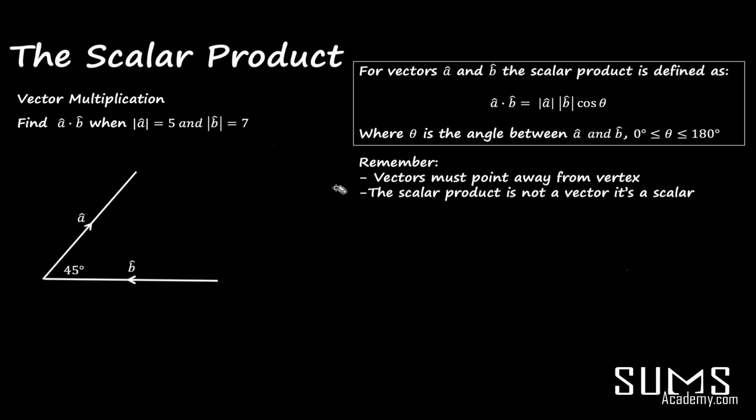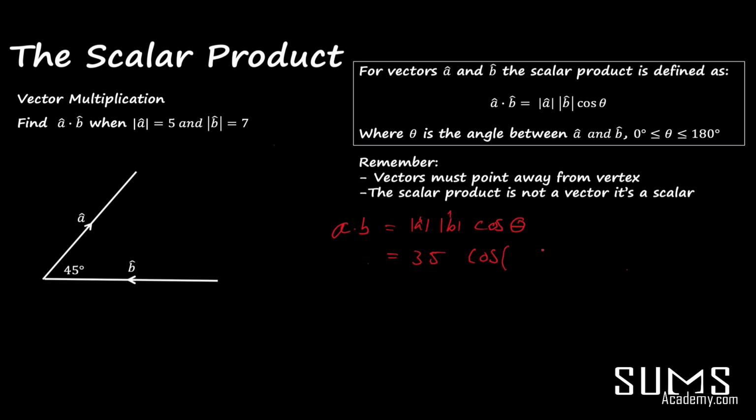This example looks very similar to before, except there's only one subtle difference. Let's see if you spot it. As before, we said find a dot b, where the magnitude of a is 5, the magnitude of b is 7. So this is going to be a dot b equals magnitude of a, magnitude of b, cos theta. Again, it's going to be 35 from before, because that's 5 times 7, and then it's going to be